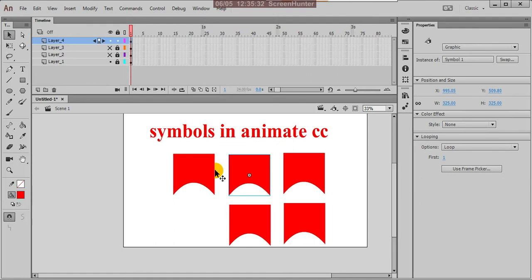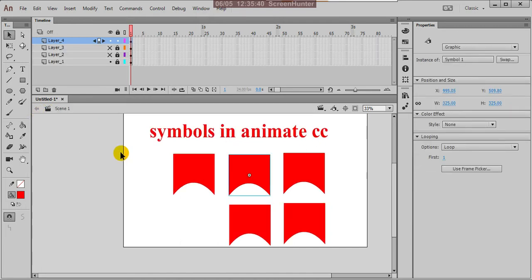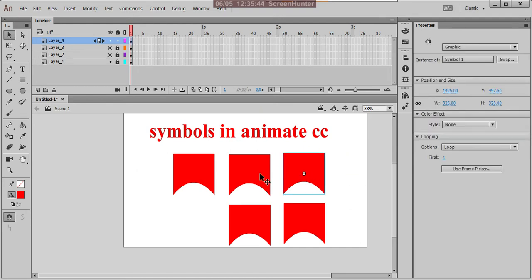So how do you come out? By double clicking on that, or otherwise there is an arrow mark here. Just click on that. Now you come out from the symbol editing mode. Yeah, these are the instances, the changed instances. So the benefit of this symbol is, suppose you created 1000 or 10,000 drawings of the